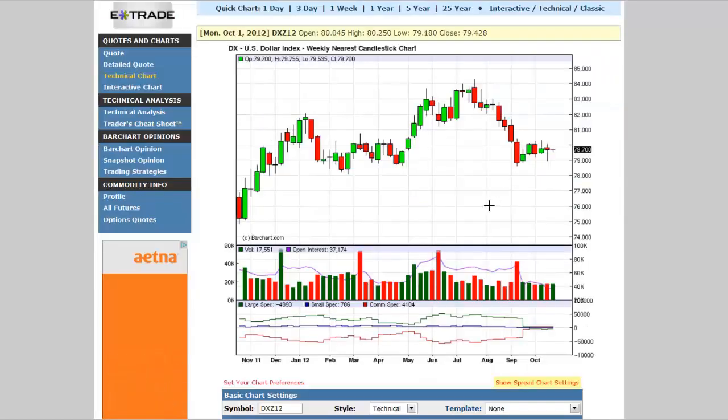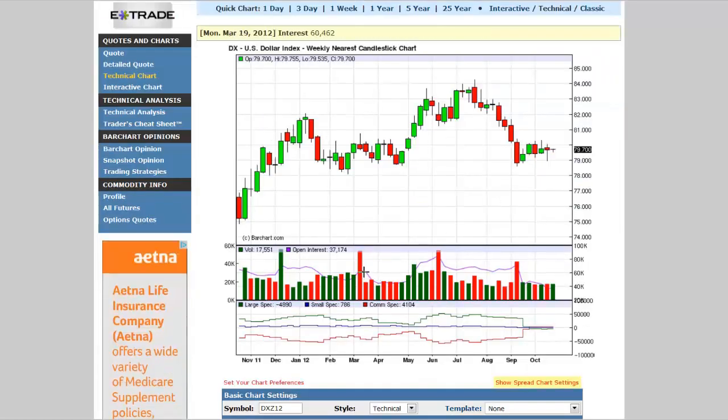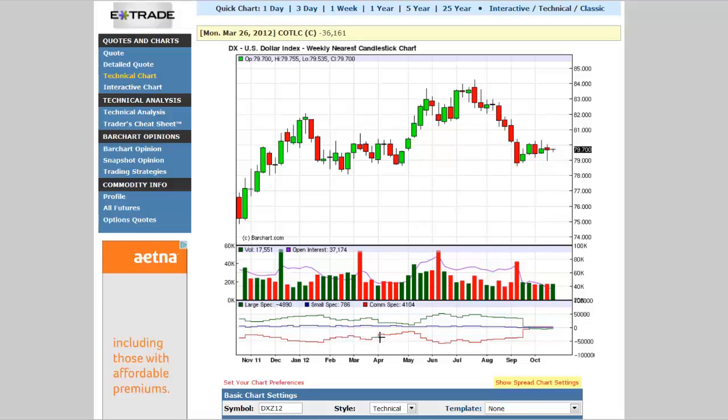Okay, now watch. See the open interest declining here? That's lessening of shorts. The red line down here is the commercials. Okay, they are below the zero line here because they are net short. But look what they're doing at the same time. Middle of March going into April, they're really reducing their shorts. See how they're covering their shorts?